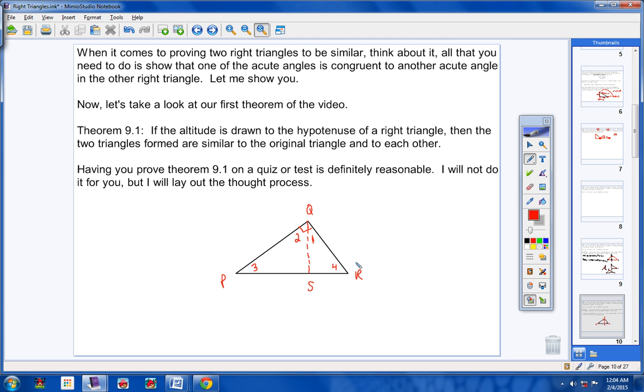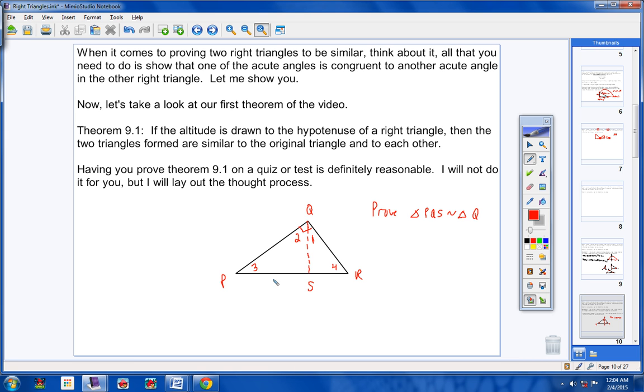Now, please just relax and listen to me. I'm not saying on a quiz or test I would say prove theorem 9-1. That'd be a pretty monster proof because you've got to prove that 3 triangles are similar to each other. So instead, I could see me giving you a drawing like this in a test or a quiz. I could see me saying to you, prove that triangle PQS is similar to triangle